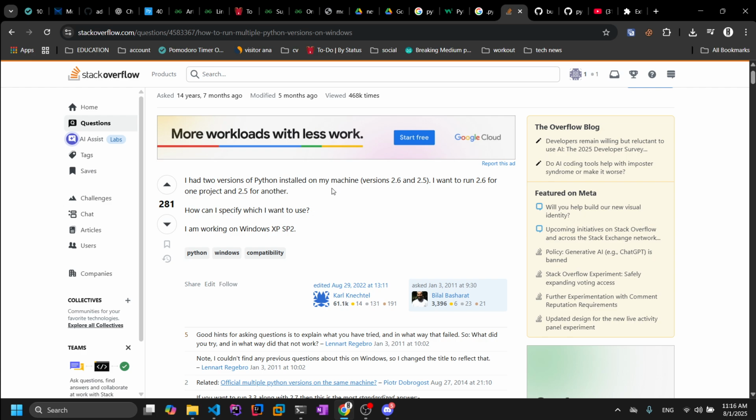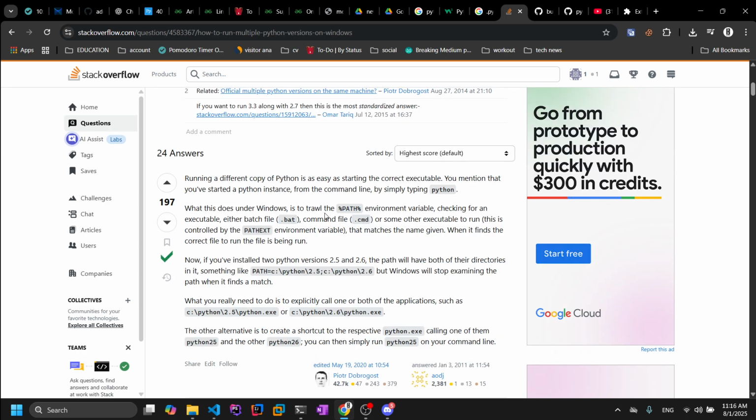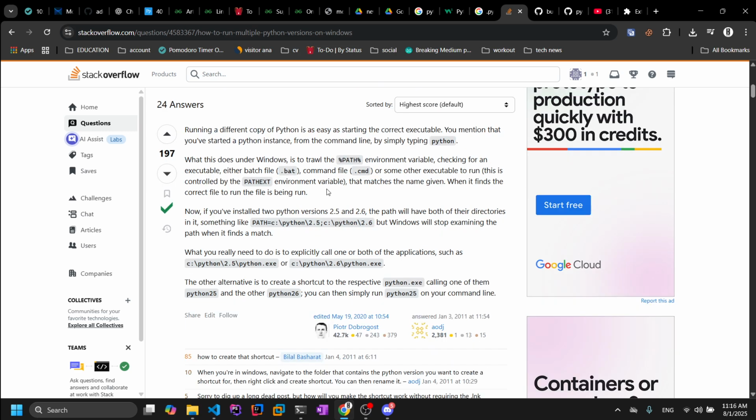So the problem is you want to run different versions on different projects. To run different Python versions on different projects, I think you have two options. The first one is that you manually install the version that you want on your Windows system, for example CPython 2.5 or CPython 2.3, and